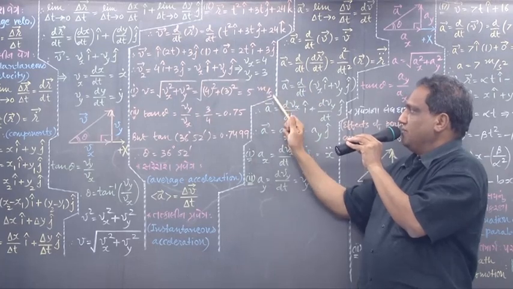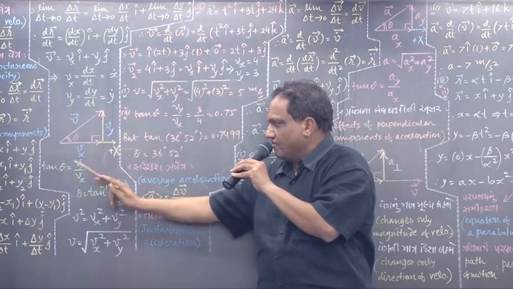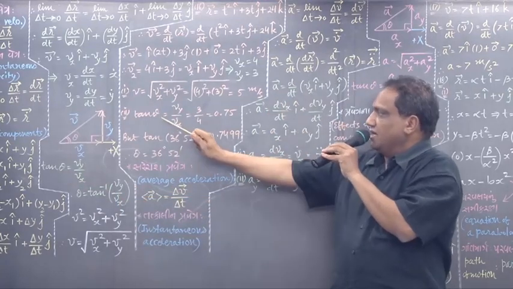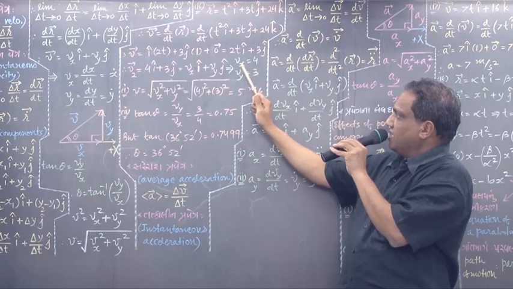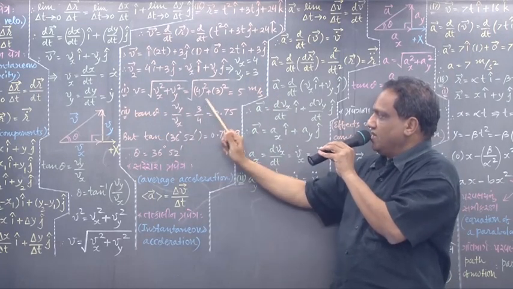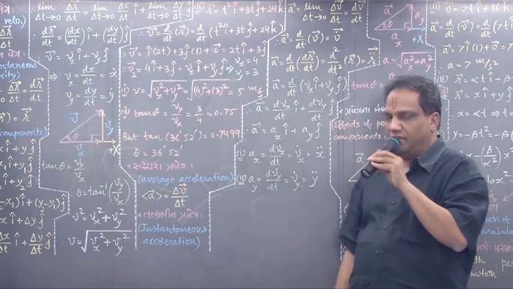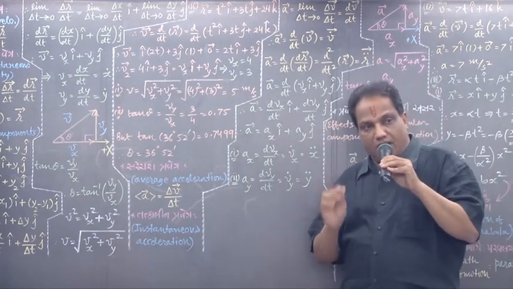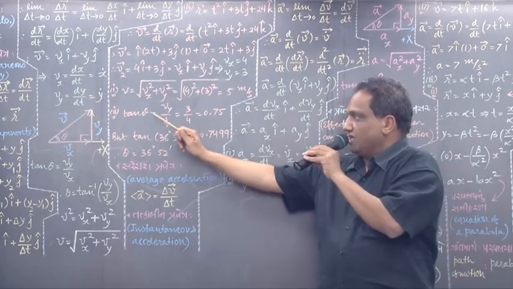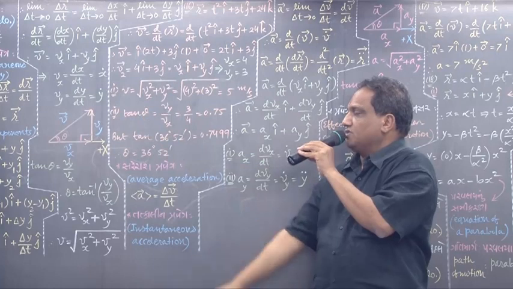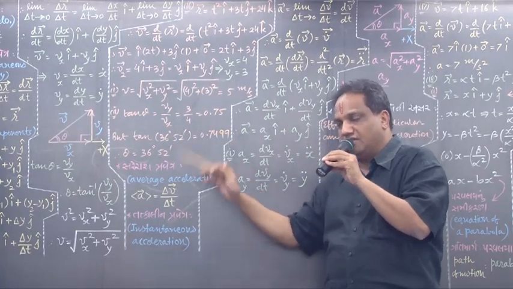Unit of velocity is meter per second. Tan theta formula is what? Tan theta is vy upon vx. Vy is 3, vx is 4. 3 by 4 is 0.75. Now in the table of natural tangents, you must refer. You must find out that angle for which the tangent function comes out to be exactly this much, or if not possible, then nearest to that. Find it out.